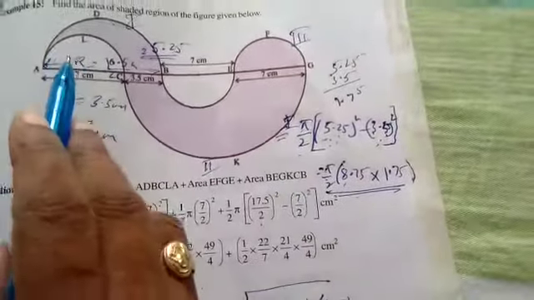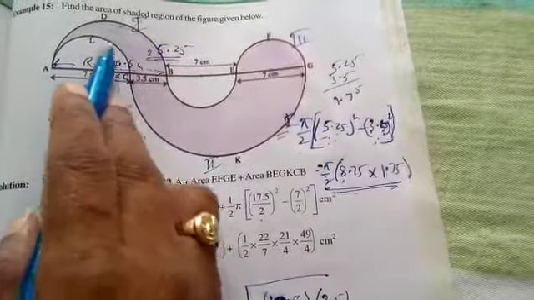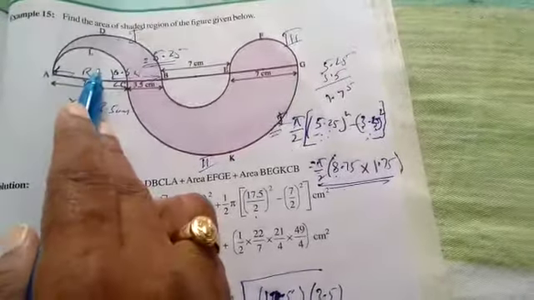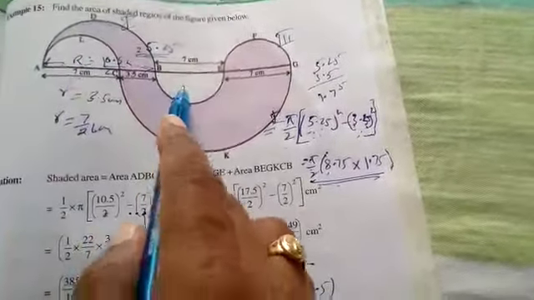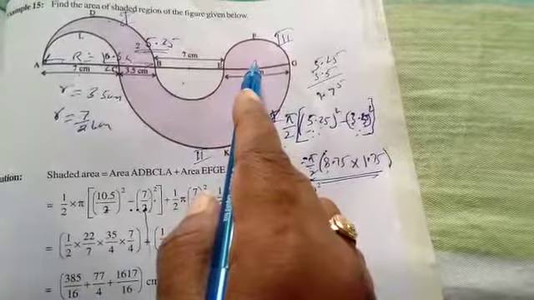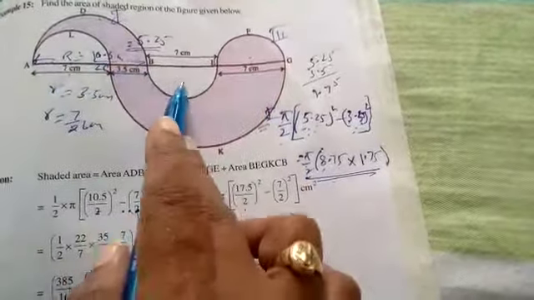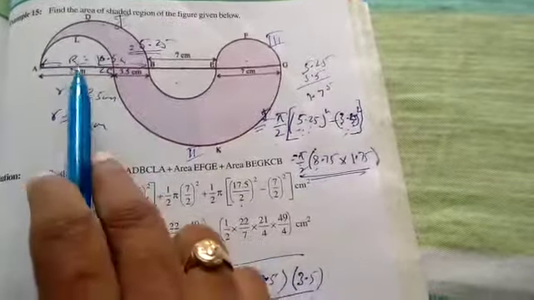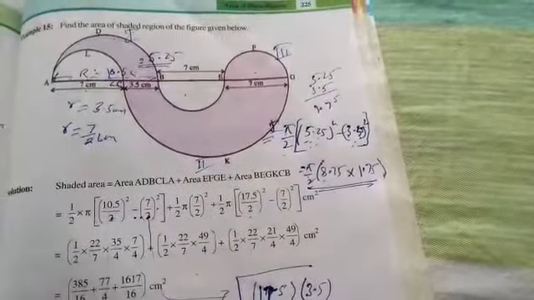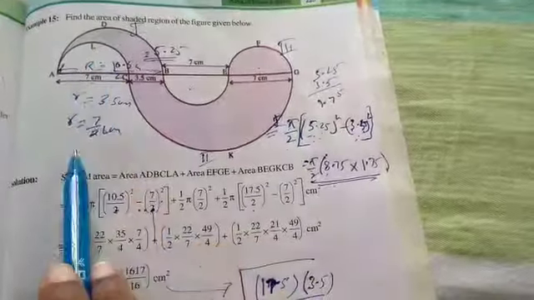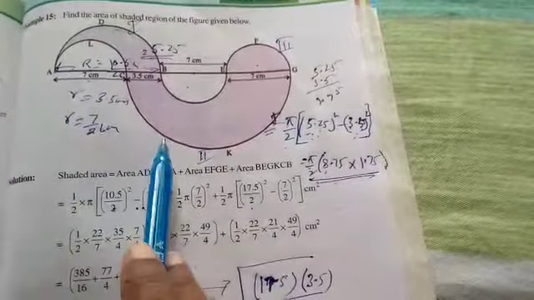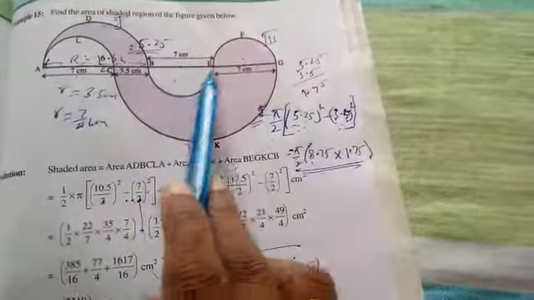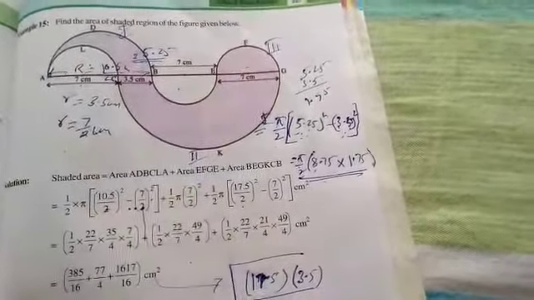First, if you determine the area of the semicircle of diameter 7, in the first case it comes, in the second case it comes, in the third case it comes. So in all three cases the same can be used. No need for you to find it out always. First itself you find out the area of the semicircle of radius so and so is this much. Finished. So use that one everywhere in all the three cases.